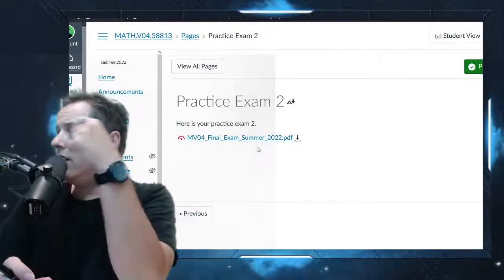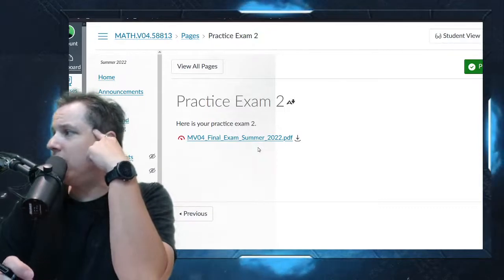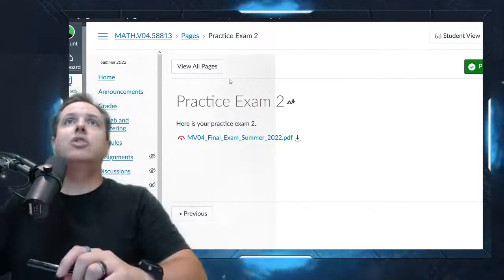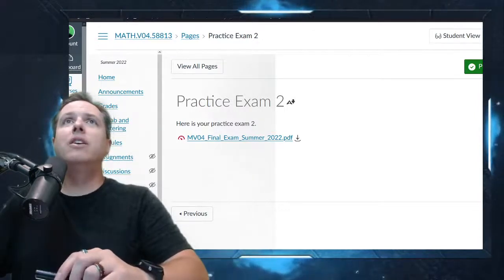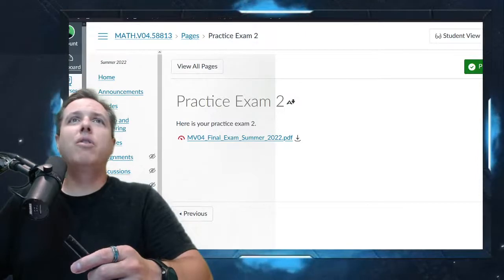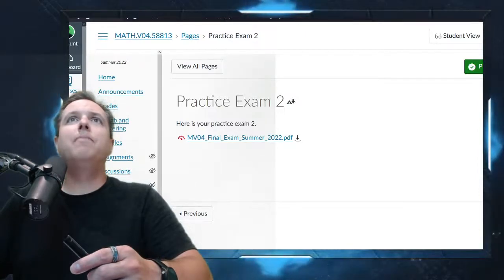There's a good question here. Are you able to show us where the exam is located in Pearson, or does it pop up that day? I don't actually know what it looks like because it gives me the teacher view, and I don't think for this part there's a student view. But